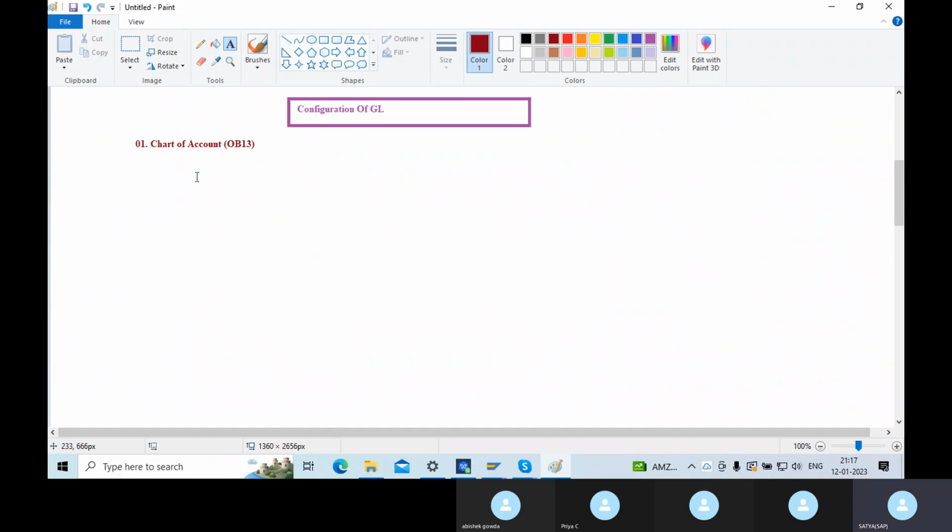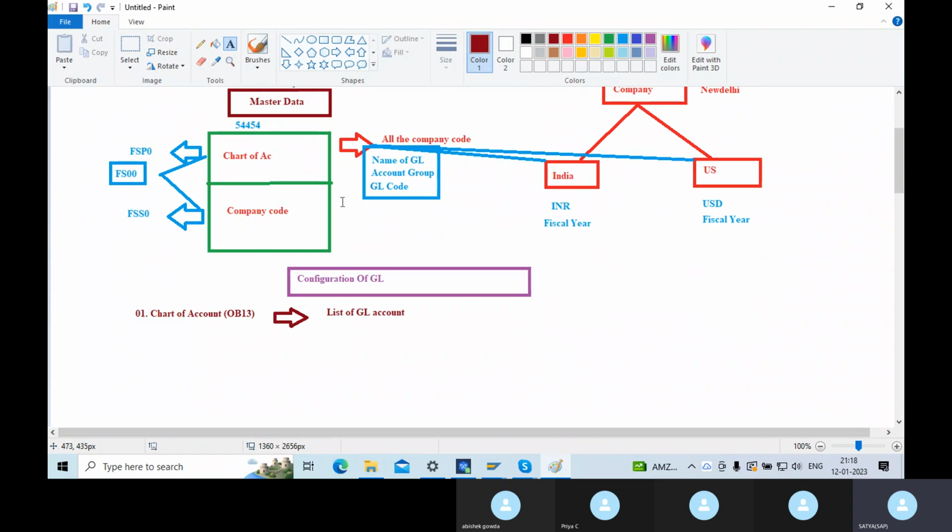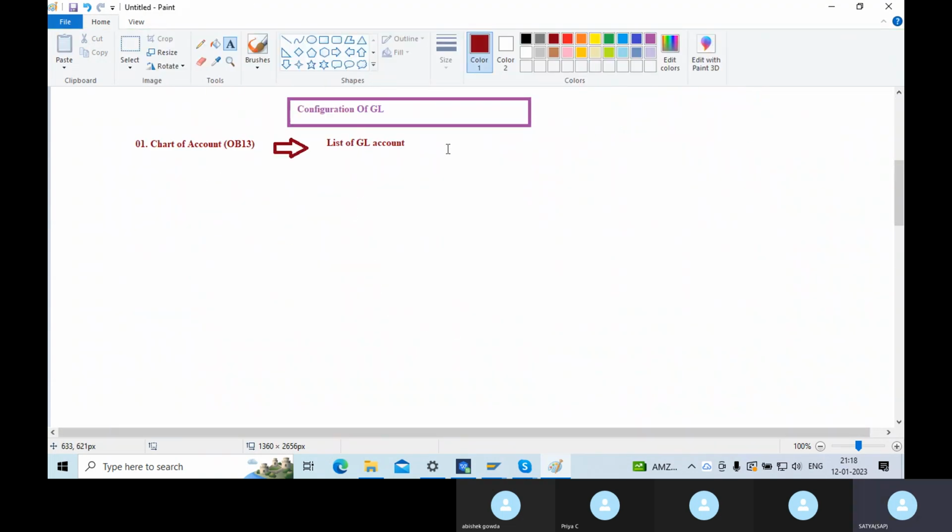First we need to understand what is chart of account. Chart of account is nothing but the list of GL accounts. In a mid-sized company, around 500 GL accounts will be there. But in the SAP system, a GL account can't remain independent. It will always be linked with the company code or chart of account, as we have mentioned here. A GL account is created with reference to this chart of account or company code. That is why chart of account contains the list of GL accounts,